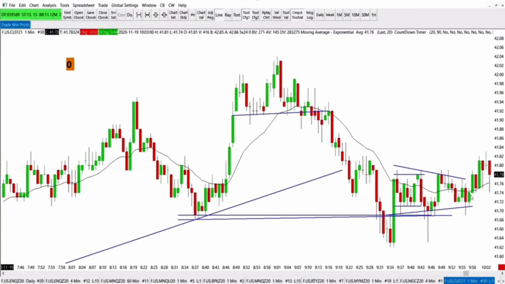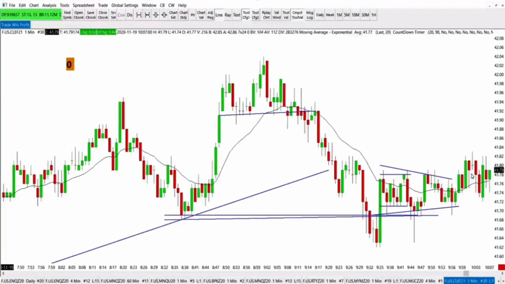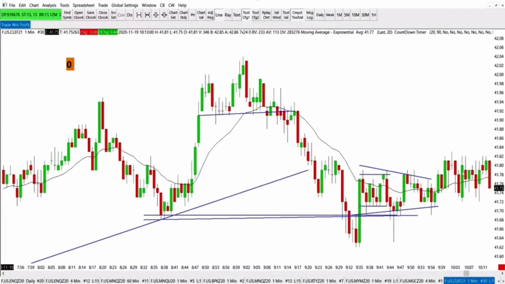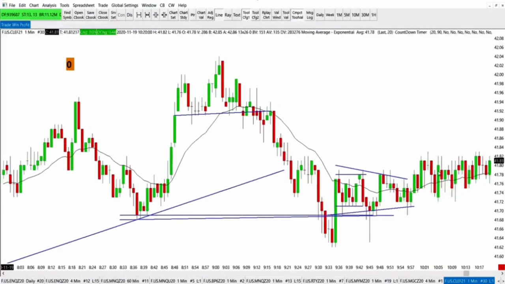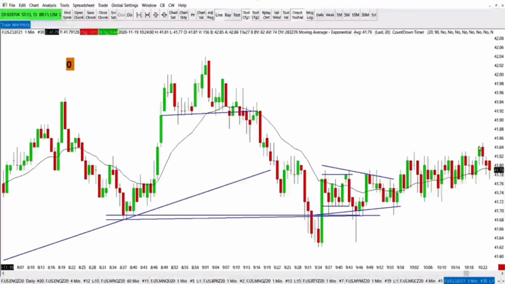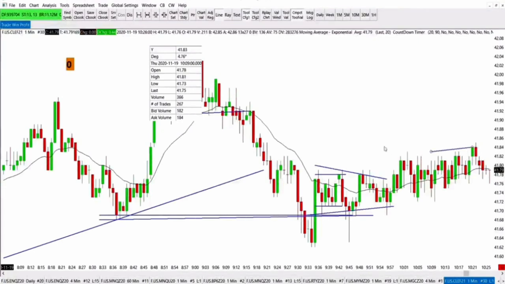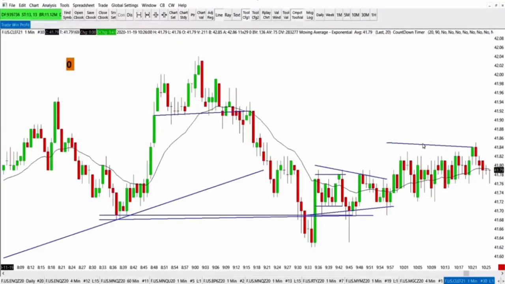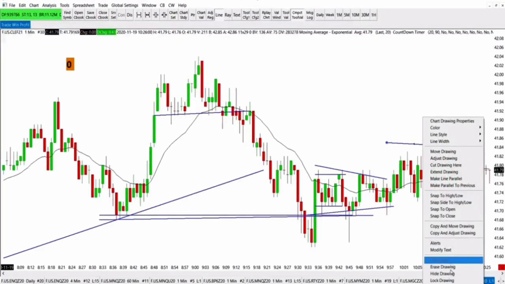Okay, now notice how we are basically right at support right here, and we're consolidating. So I went long right here. Okay, so I'm long, and I'm noticing, like, man, price is ugly, really ugly. Okay, it's going up, but it's sloppy. So me personally, when it made this high right here,